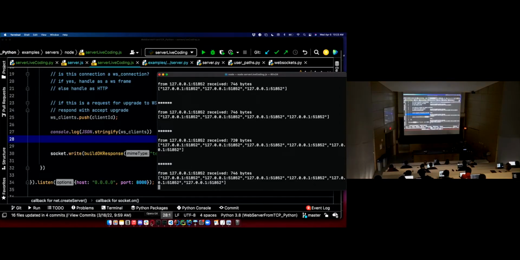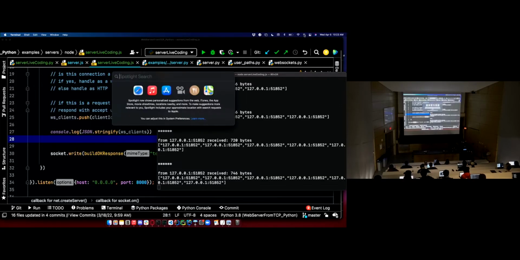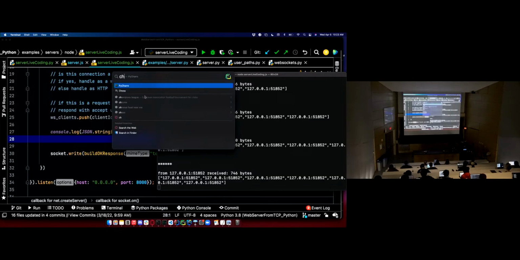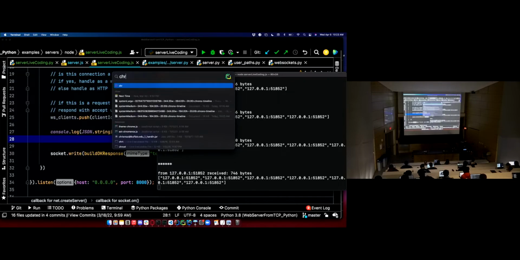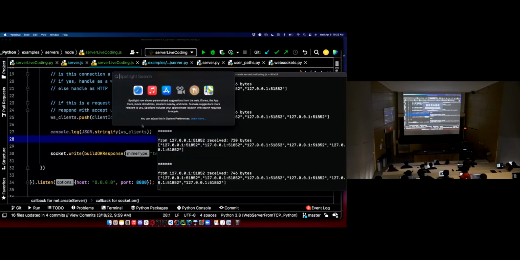We're still getting that. Why, I don't even have Chrome. Wow, I really don't. I never installed Chrome on this.